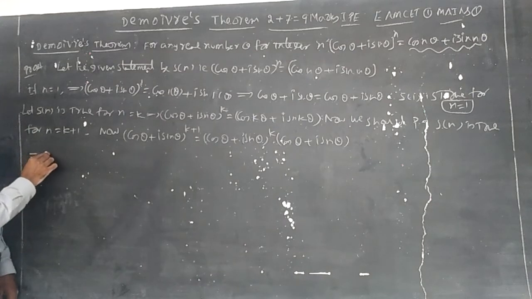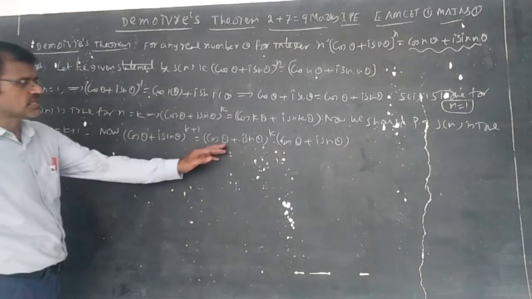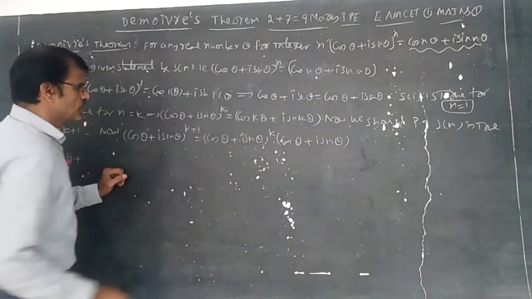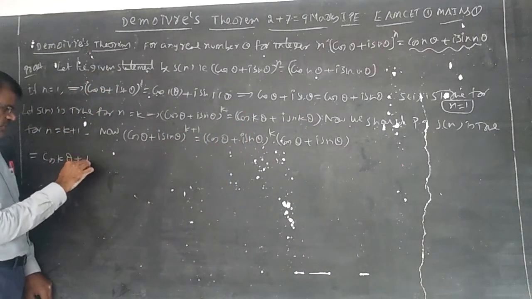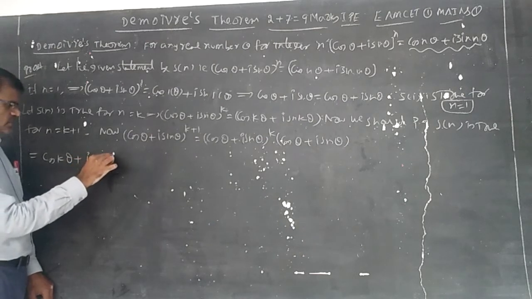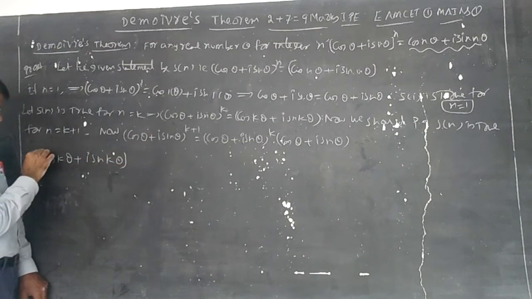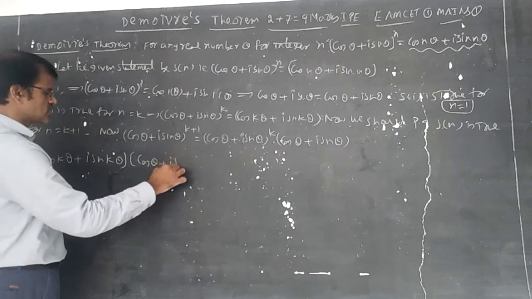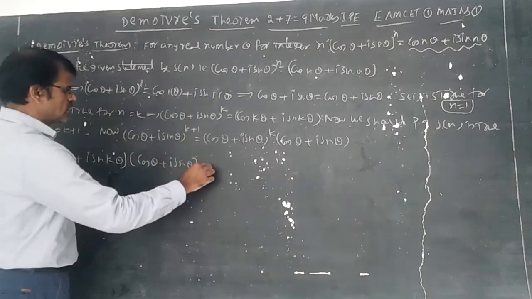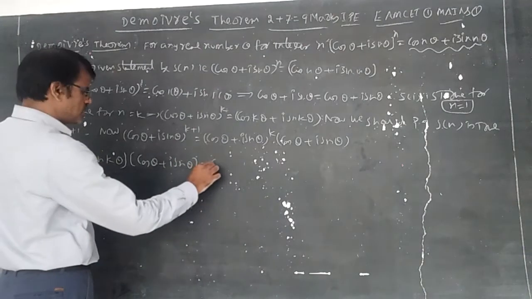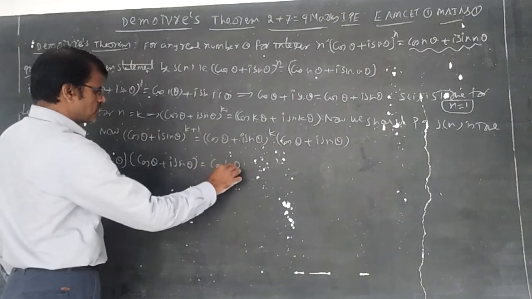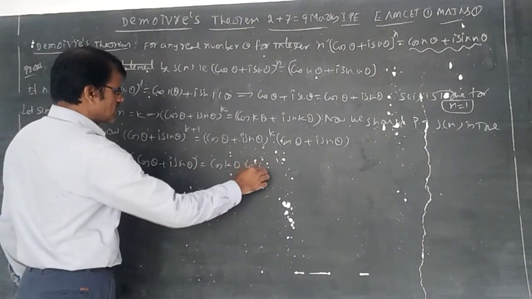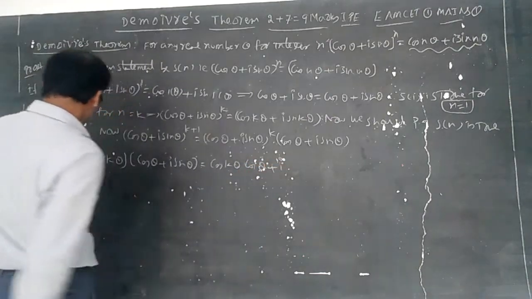We assumed that (cos theta plus i sin theta) whole power k is cos k theta plus i sin k theta. So it is (cos k theta plus i sin k theta) into (cos theta plus i sin theta). Multiplying term by term, you can write cos k theta into cos theta plus i into